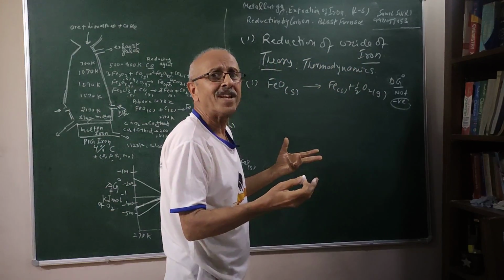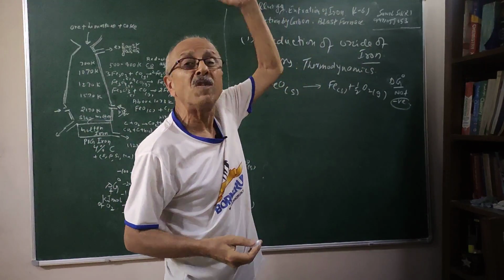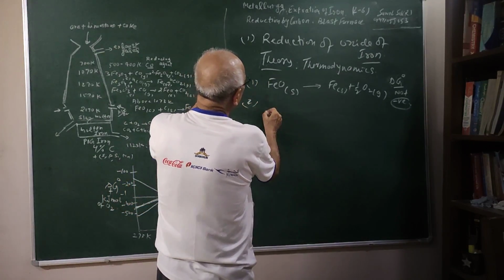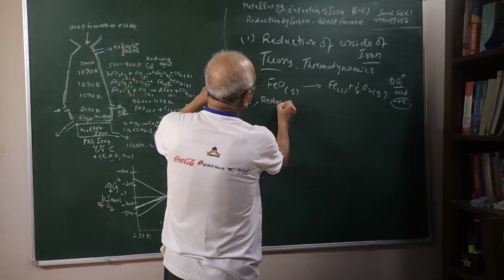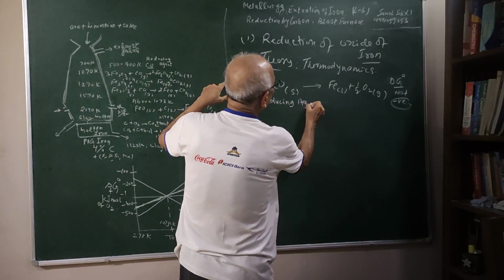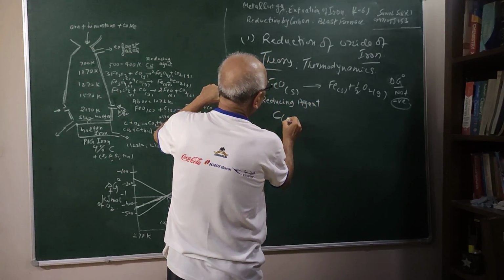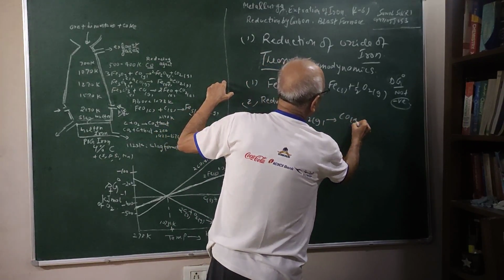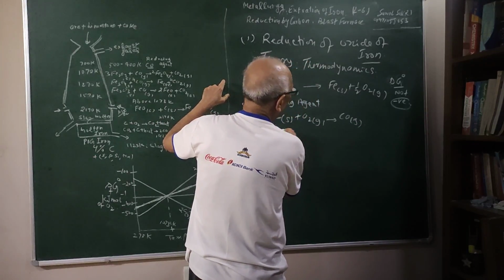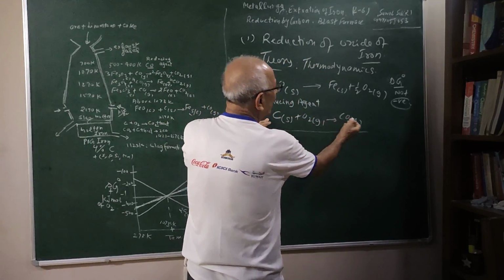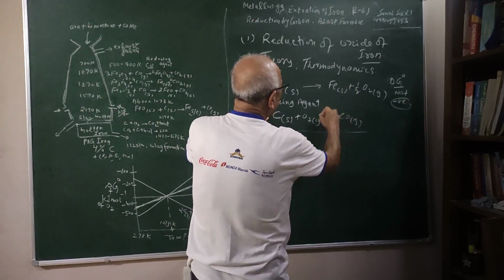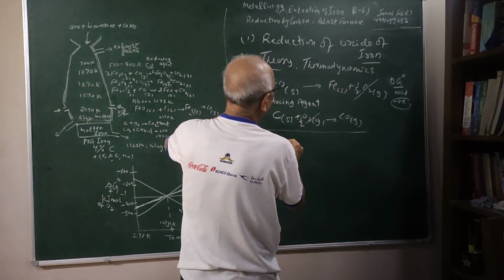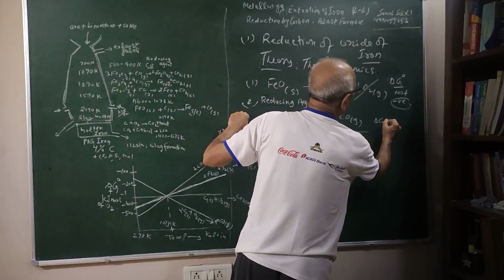Therefore, this reaction will not take place by itself, as it will need very very high temperature, which is also not possible. So what do we do then? We use a reducing agent. And you know what we are using here, carbon. So if I have carbon and if I have oxygen, what will it form? Carbon monoxide gas. Now this reaction, this oxidation of carbon, if I add these two, what will be the result of this? This gets cancelled. This delta G is negative.